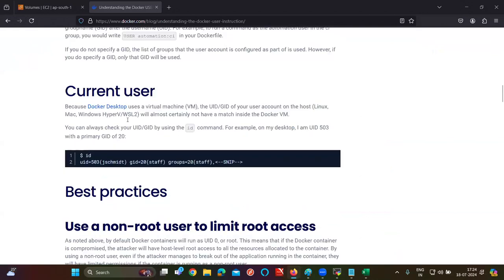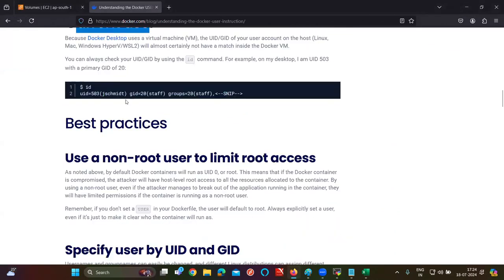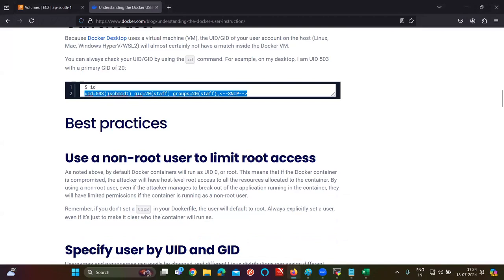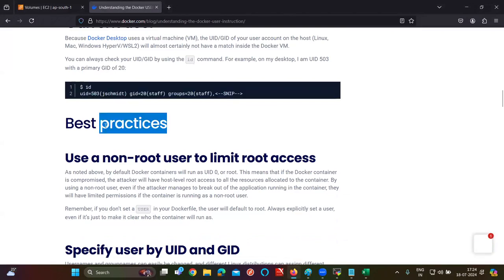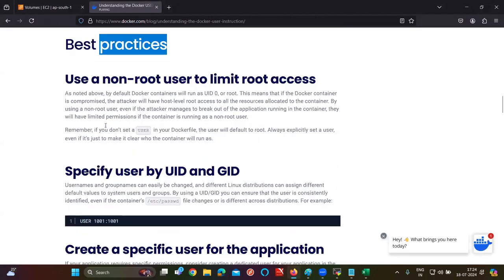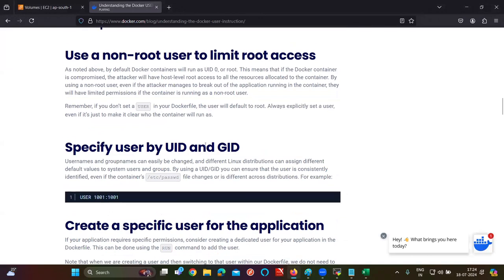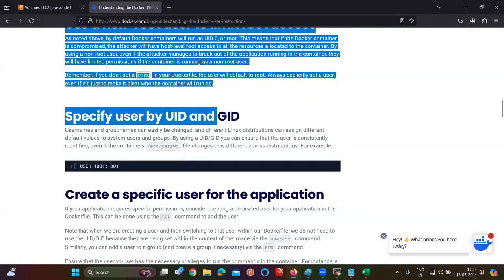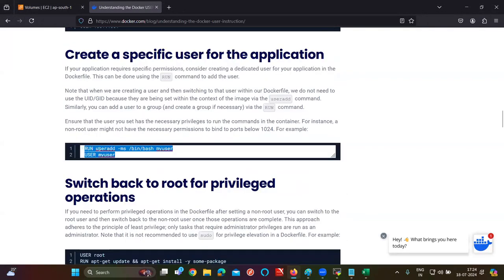Here, if you go and see, are you seeing the current user ID? So like this, first of all, you need to mention which user you want to restrict and which user you want to allow. So you are going to specify the user ID and group ID. From there, in the Dockerfile, you can run the command